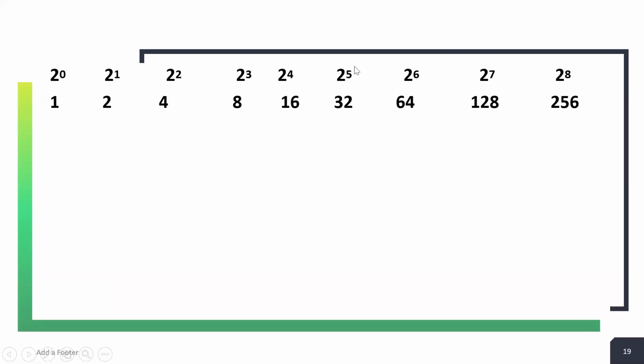When we have 5 inputs, then we have 32 characters. You can take 32 characters. When we have 6 inputs, we can take 64 characters. And when we have 7 inputs, we can take